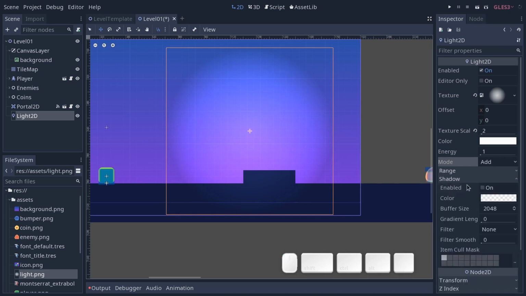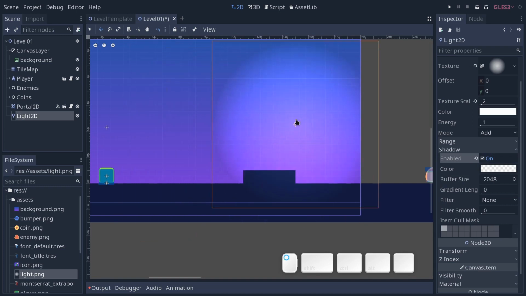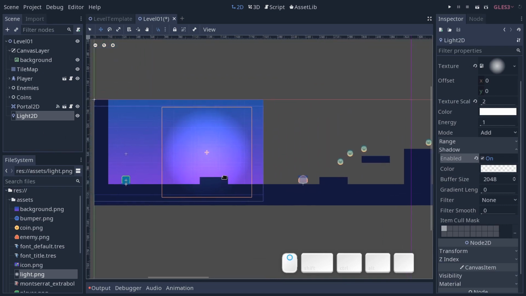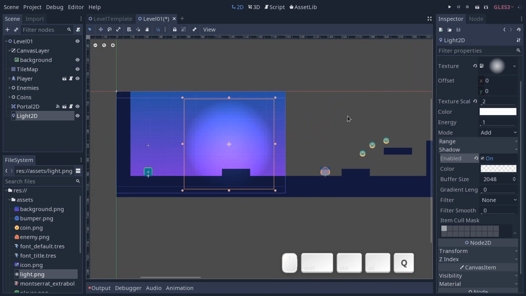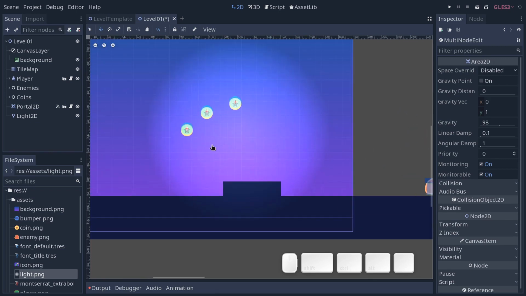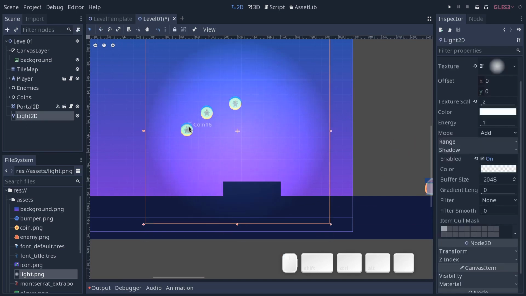Now, lights can also cast shadows. To do so, you go to the shadow category and set shadows to enabled. You won't see a difference for now because we don't have anything that can cast shadows at the moment in our level. I'm going to add some coins at the beginning and maybe some platforms, and we're going to add light occluders to the coins and to the tile map. So let me duplicate the coin, place them inside the lit area, and we're going to first add the occluders